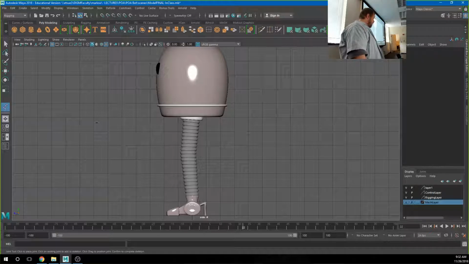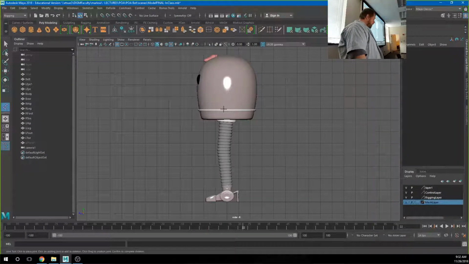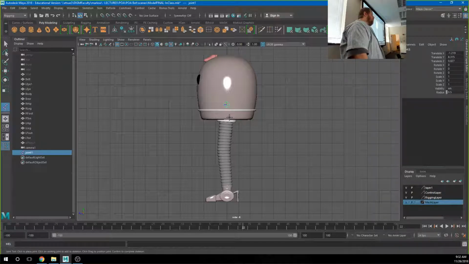Okay, so I'm going to make sure this is open. I'm going to create my root joint first. So this is the character's hips, right? Or the character's center of gravity. Right? And then I'm going to create the hip joint. So we're going to create a joint any place that we think we need to be able to bend our character, okay? We want to do as few as possible, but enough to get the deformation that we need, right? So my hip joint,